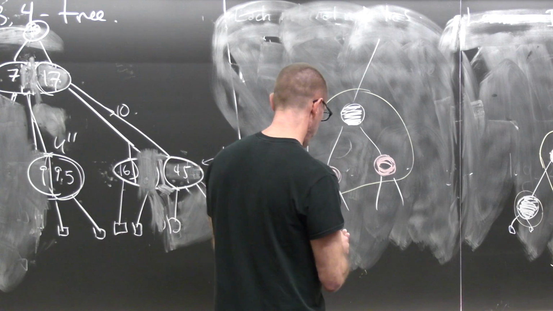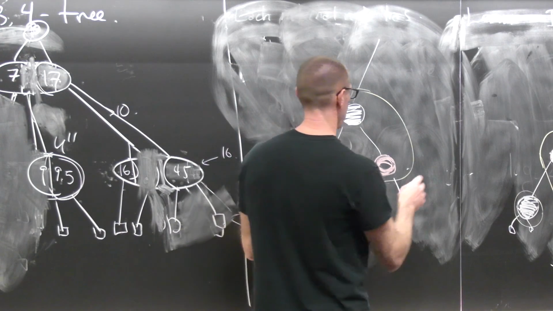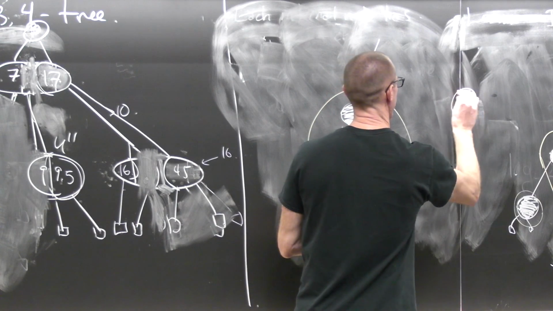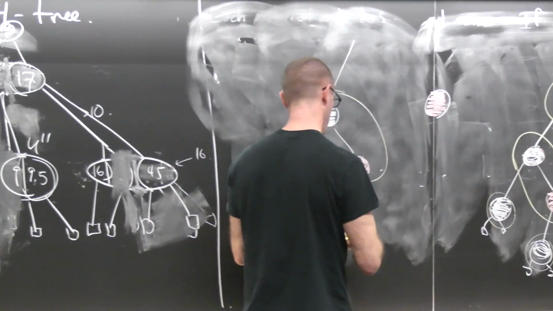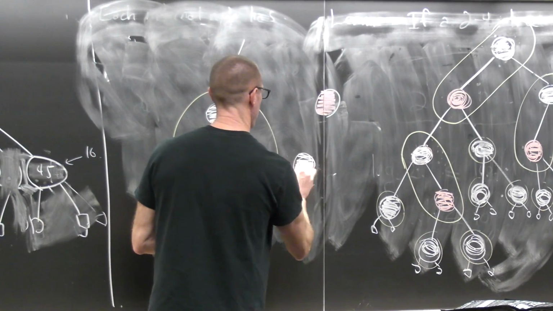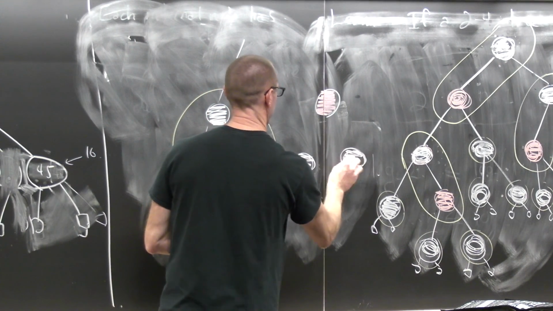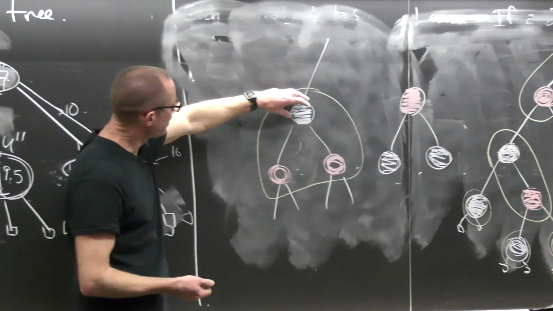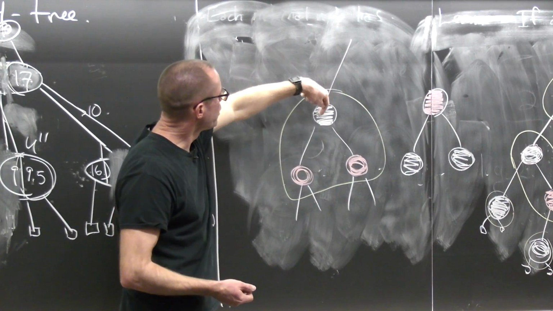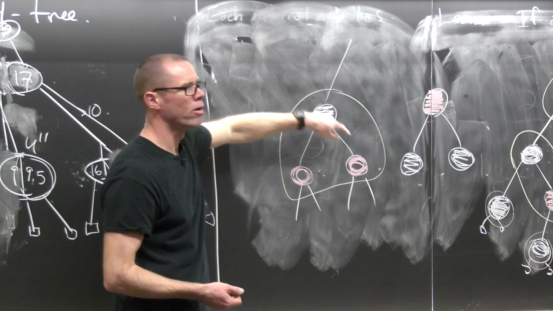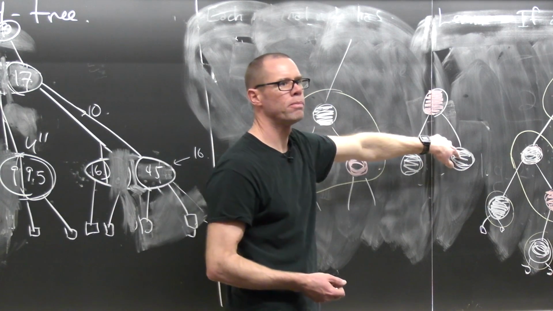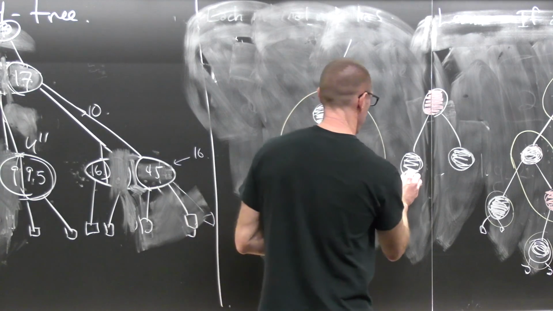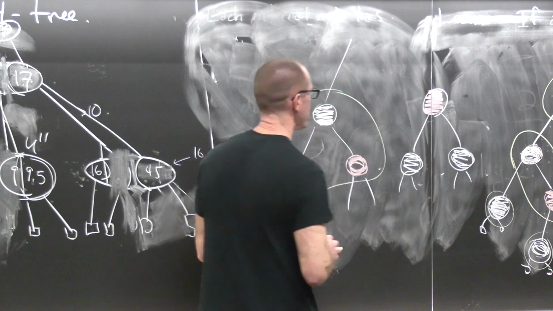Well, you can do a recoloring trick that says, make this thing red, these two things black. So that's not going to affect the black height because every path that used to go through here either goes here or here, so it's still going to hit one of these black nodes. So that's going to work. But what does that do